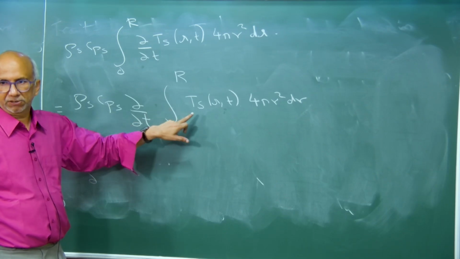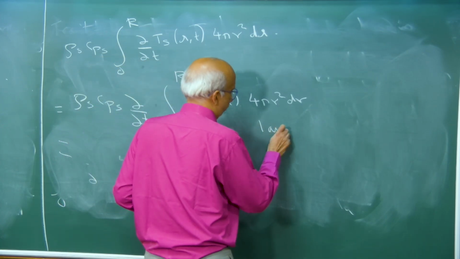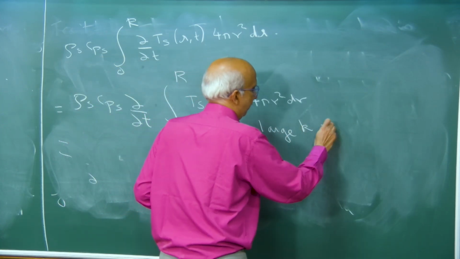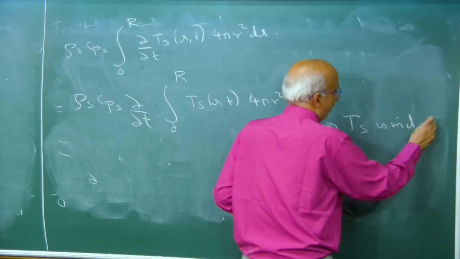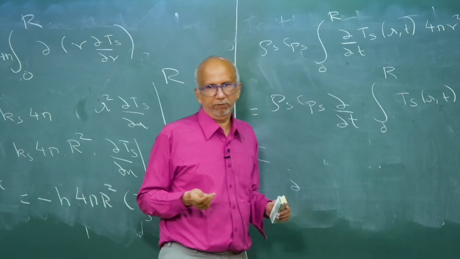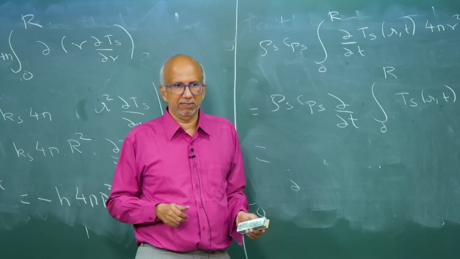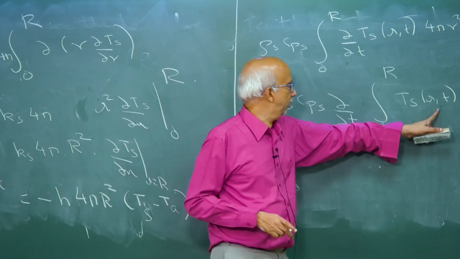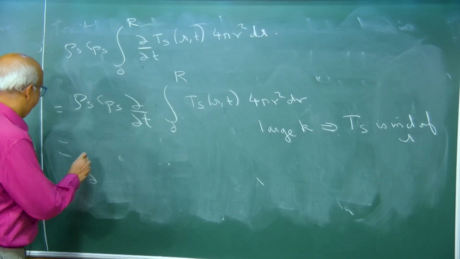Because for large k, this implies Ts is independent of R because uniform. Okay, if you have copper, the temperature will be uniform everywhere inside as opposed to something else which is less conducting. So, it is independent of R, integrating in the R direction, I can pull this out and I get